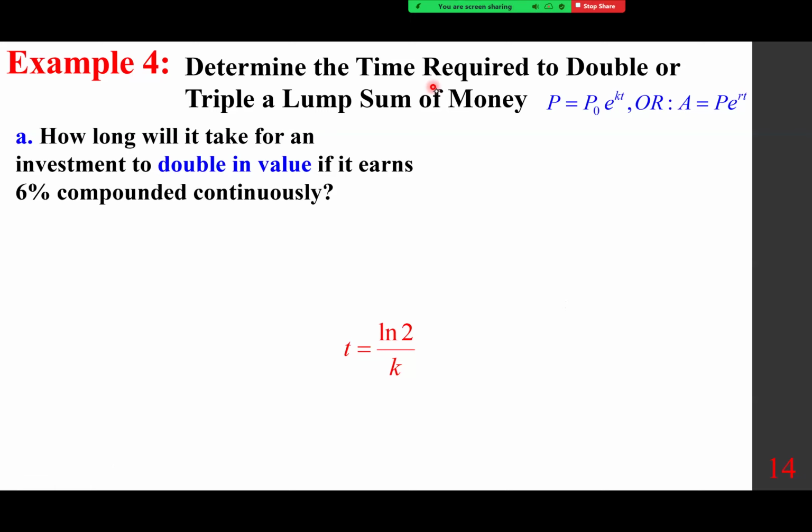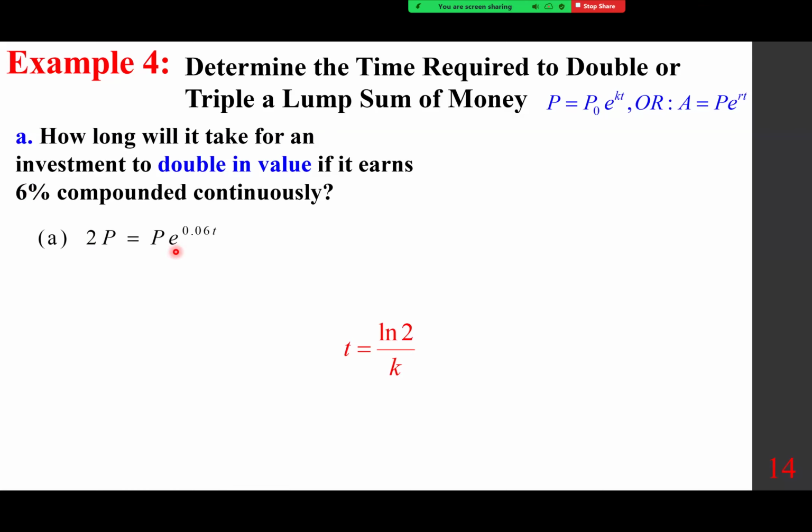Determine the time required to double or triple a lump sum of money. And we have established that. How long will it take for an investment to double in value if it earns 6% compounded continuously? Now, we have established that, and we can use that. So simply put, the fastest way would be to divide ln2 by k, which is 0.06. But just to establish it one more time,